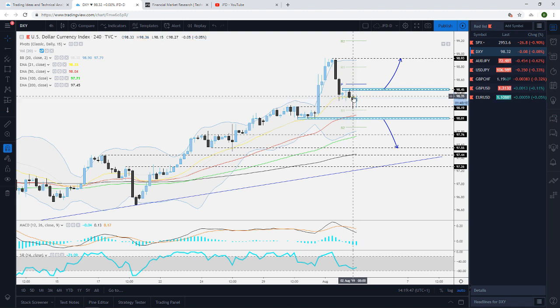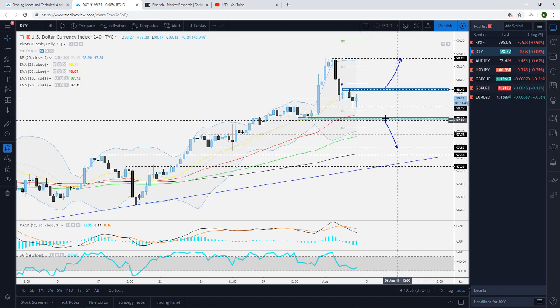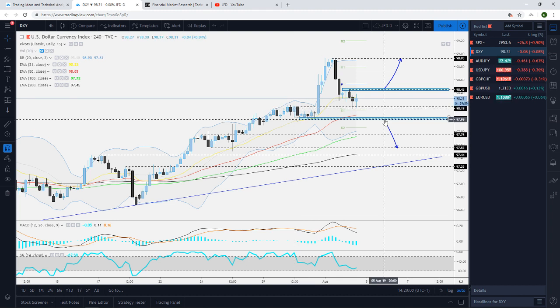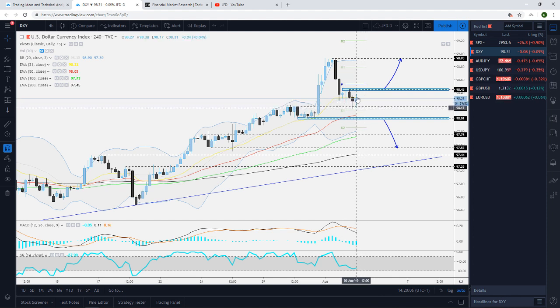It kind of dropped below the 21 EMA, below the 20 SMA of the Bollinger Bands, and found good support near this level right here, near the 98.19, which is marked by the highs here of the 30th of July. So for now, we're going to be somewhat neutral because, of course, we are seeing a small rebound here, but